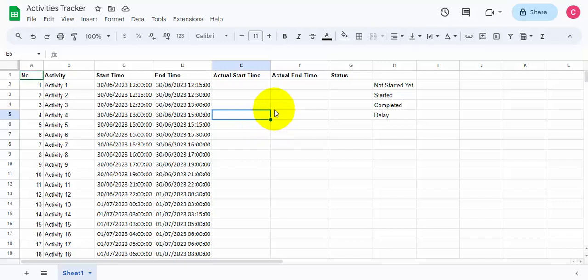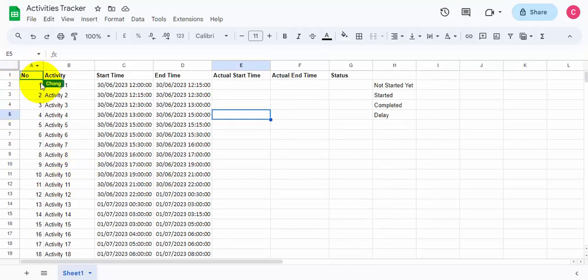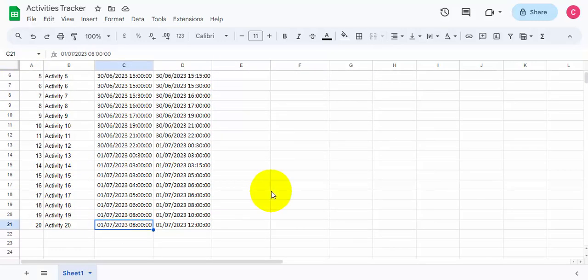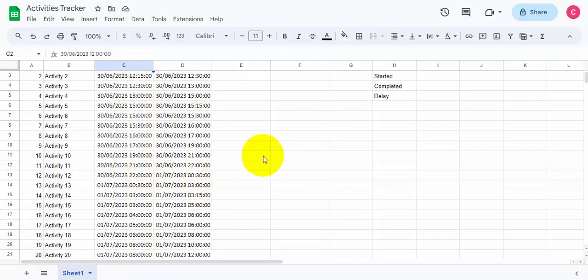So today we'll talk about the activity trackers. The requirement given over here, you can see there are 1, 2, 3, 4, 5, 6, 7. These are the 7 columns that are given, and there are ways to improve based on these simple things. I would like to give around 20 activities over here, so you can see from 1 until 20. Okay, so for the date, I will just put 30th of June until 1st of July,